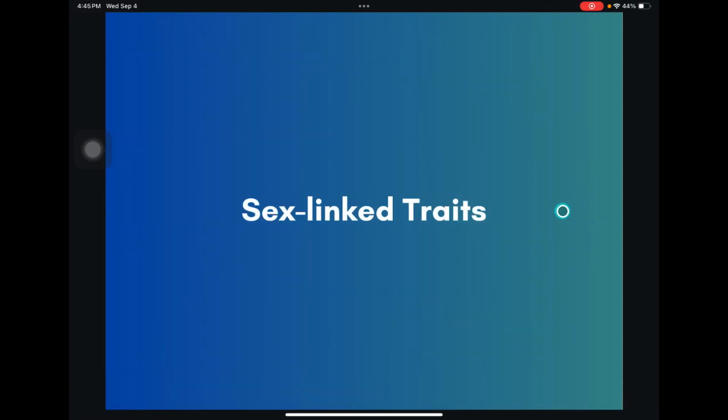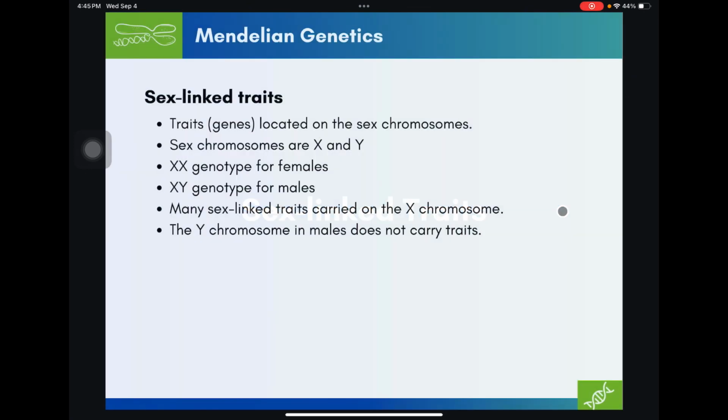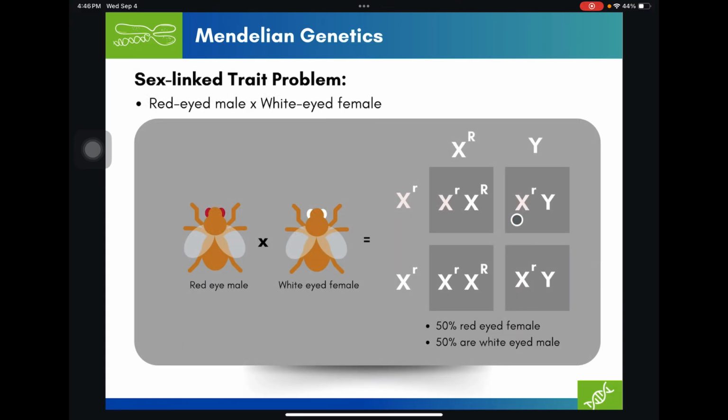Now let's move on to sex-linked traits. Your X and Y chromosomes are also carriers of different traits. But, I'm sorry, your X chromosomes are the carriers, while the Y chromosome does not carry any traits. The Y chromosome is very important for sex determination, as discussed in the previous slides. Many sex-linked traits are carried on the X chromosome. A good example of this is